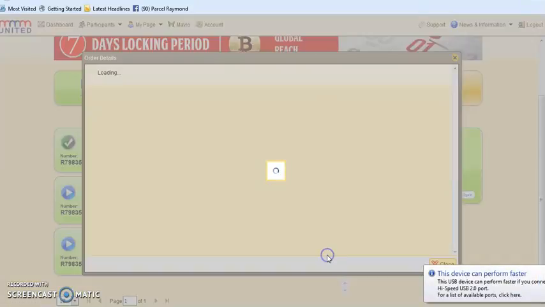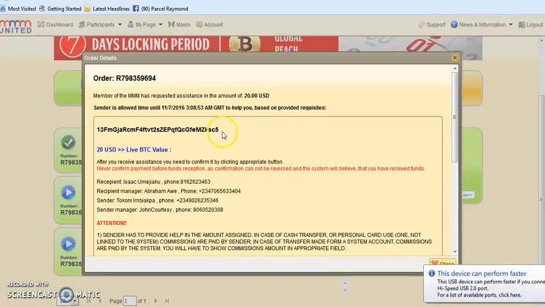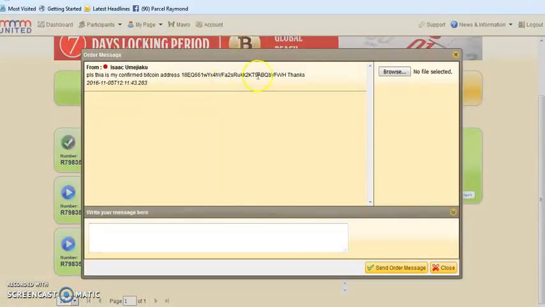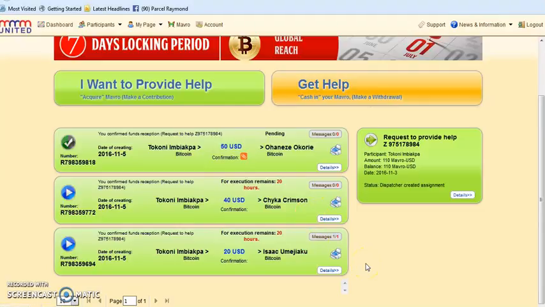Come here. This is the address we were supposed to use, but because the receiver sent us a message to pay to this very address, so we have to use this one. Maybe the other one has some issues or something, and if you pay to that one, the receiver might not want to confirm you. So we use that one that was sent,